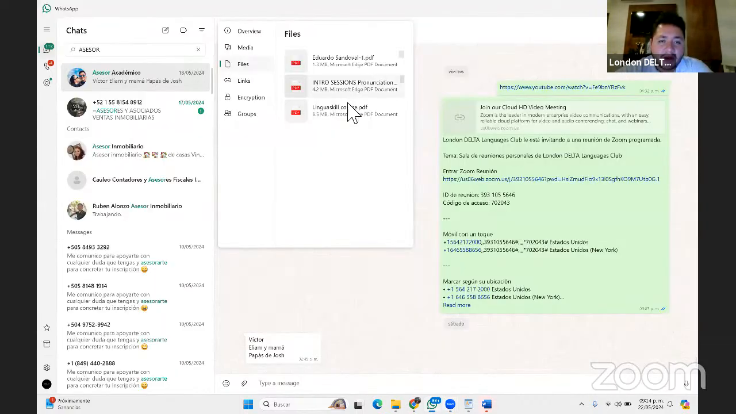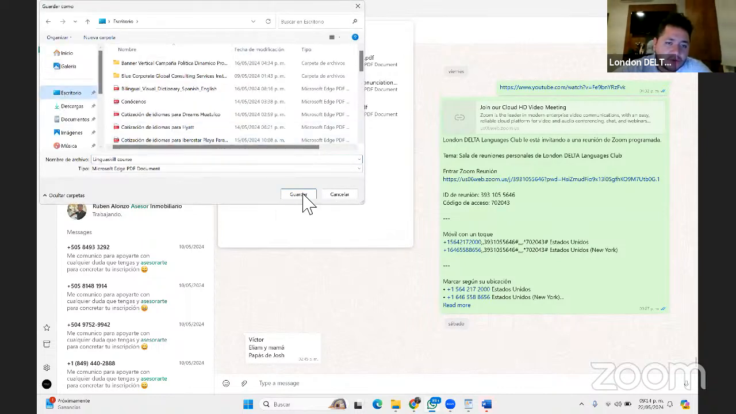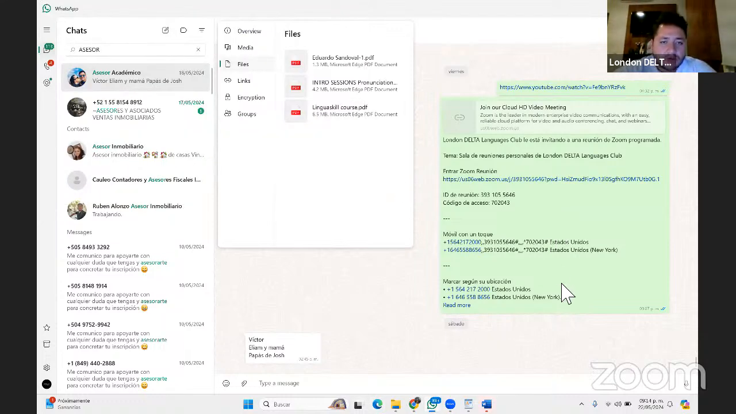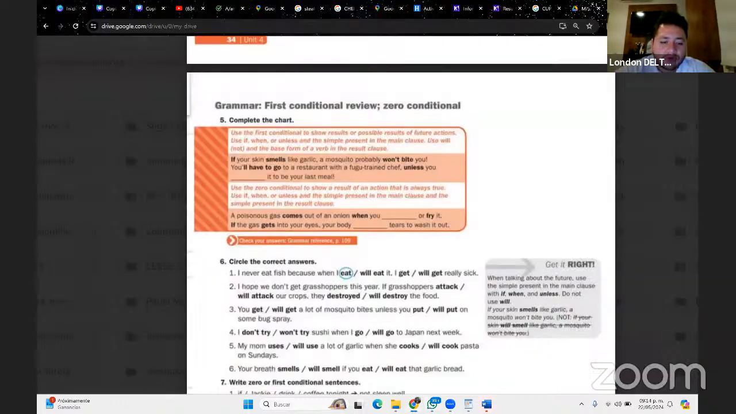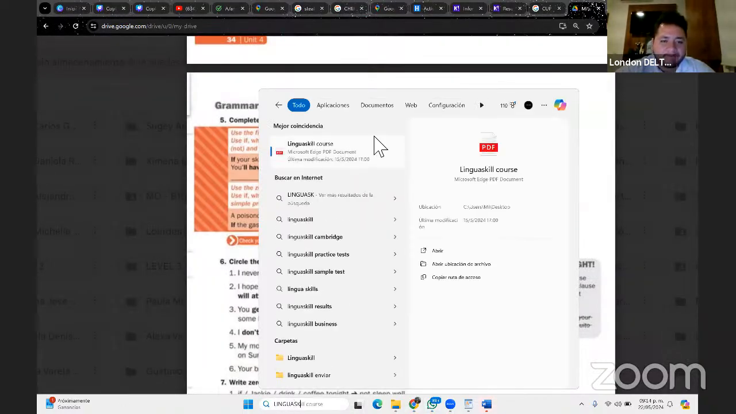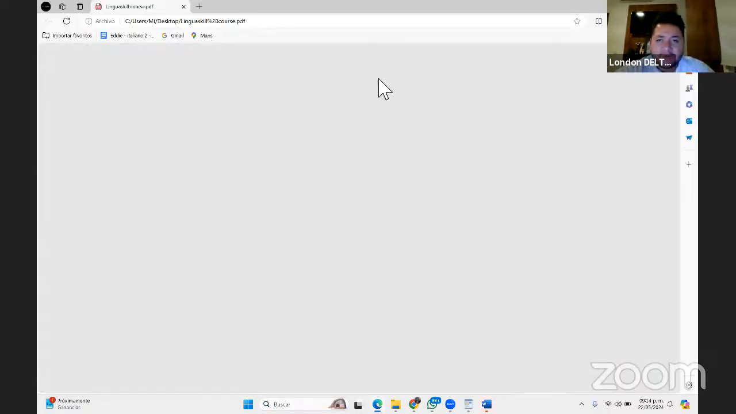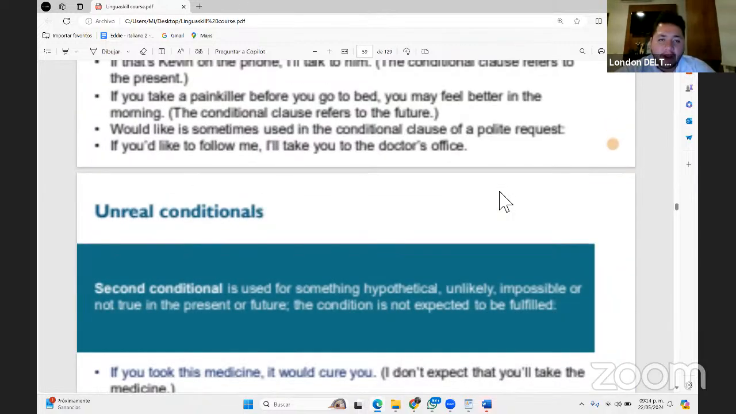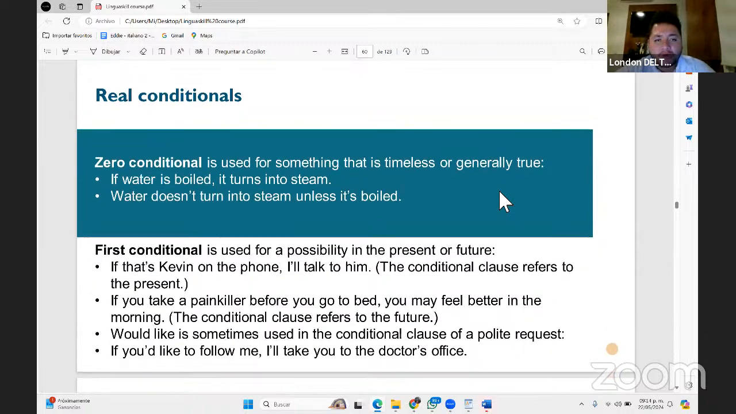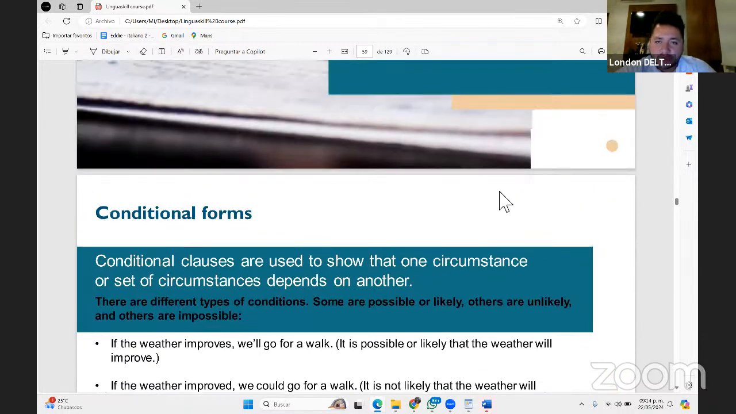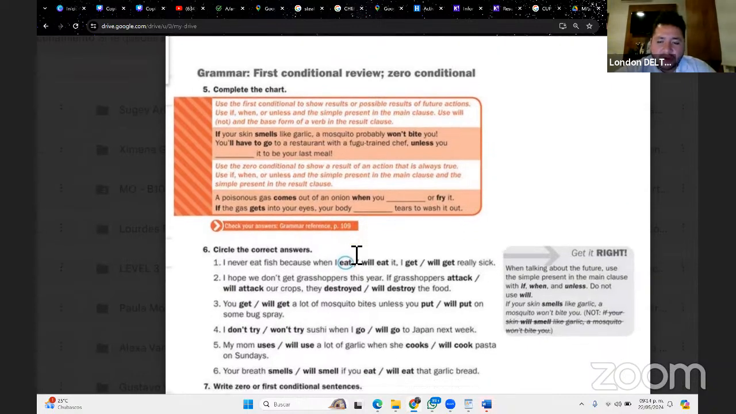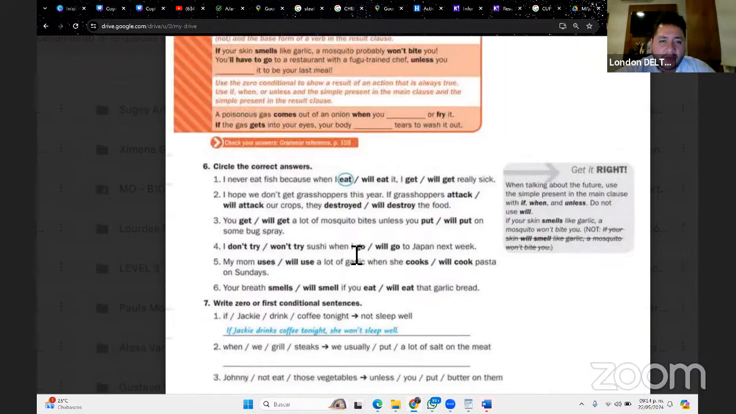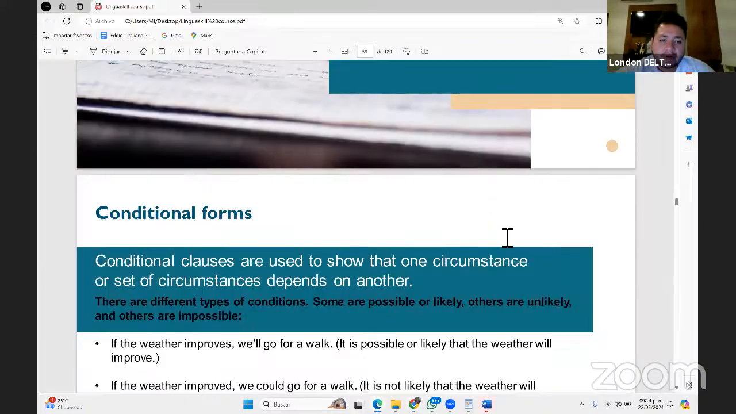So usually, when we talk about conditionals, right? We have different conditionals to talk about what can be the consequence of our actions in determined situations, or what we would do in an imaginary situation, right? So we're going to have this short review, and we're going to talk about first conditional, zero conditional, but also